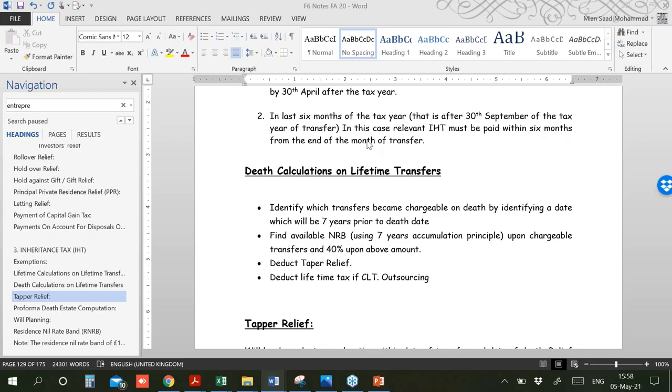Okay guys, a 10-minute break and then we'll come back and we'll solve a complete question called Dembe. And Dembe is a question that deals with multiple taxes. That is, in that you'll find inheritance tax, capital gains tax, and income tax. So these are the questions that you should preferably be practicing as the examining team likes to test these type of exams. So see you after the break.